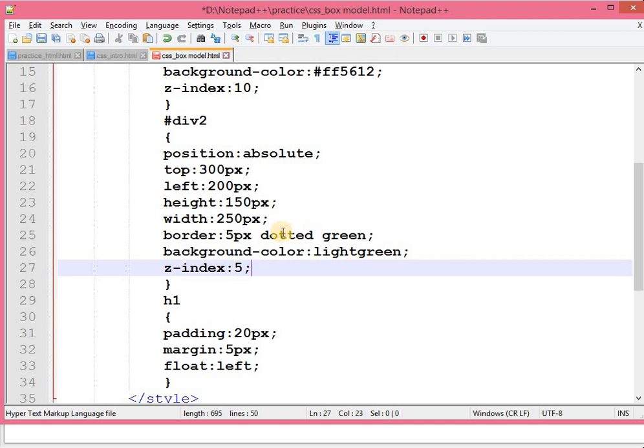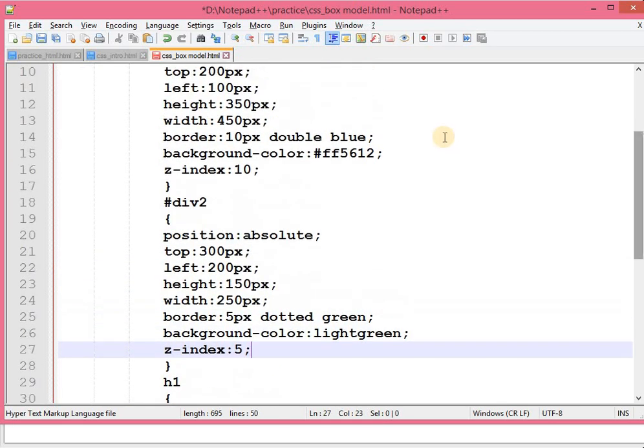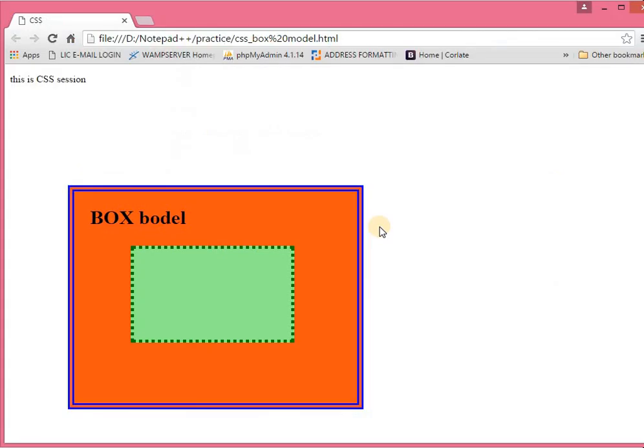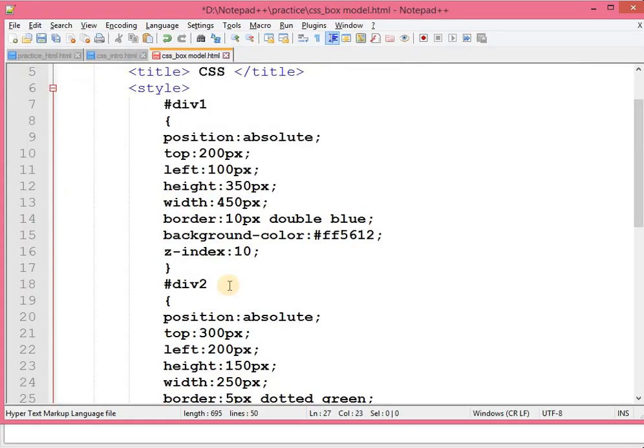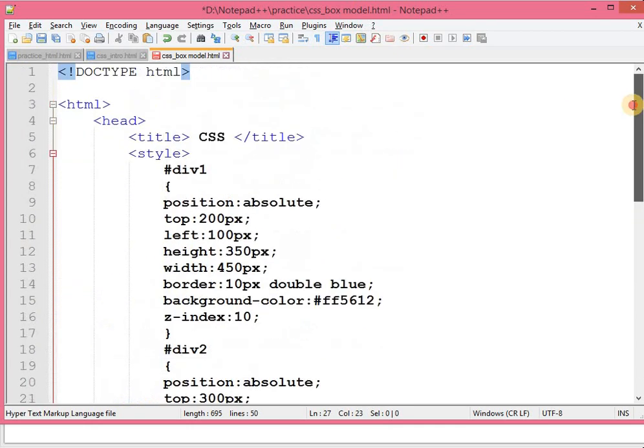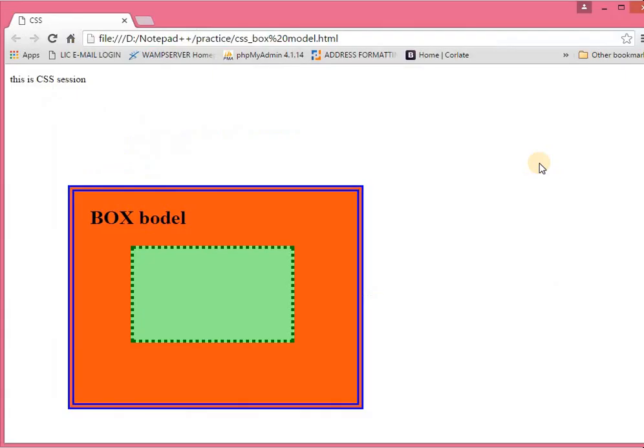So over here this is 10, this is 5. Okay, so it has priority, that means it will be at front side. Save this, F5.